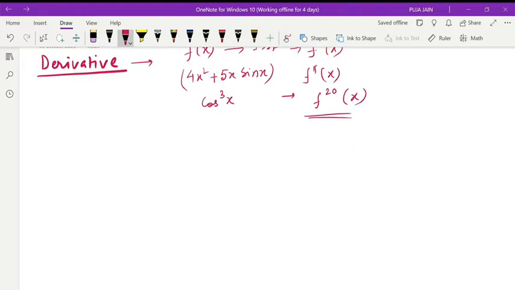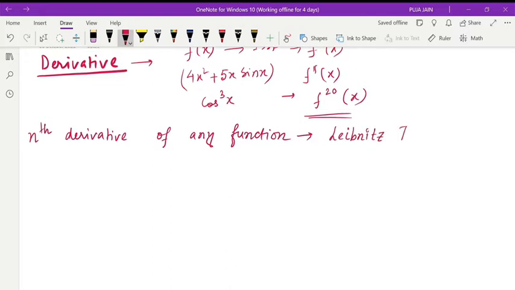So, to find the nth derivative of any function, there is a very useful theorem which is called Leibniz theorem. You can check the pronunciation. This is called Leibniz theorem. Okay. These are some tools. These mathematical tools are very important for physics, and can be useful in any question while solving any problem. So we should be familiar with this. Okay. Now, what does it say?